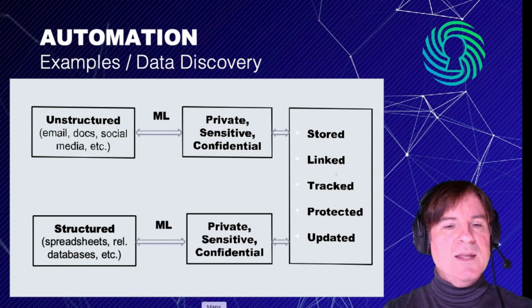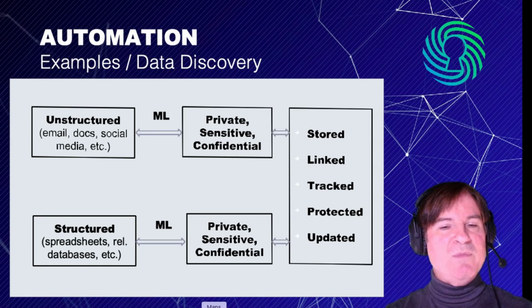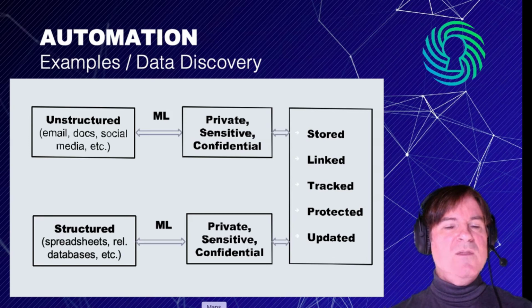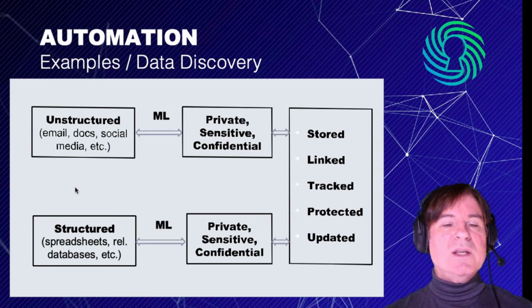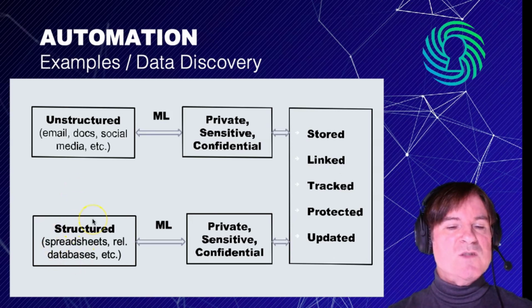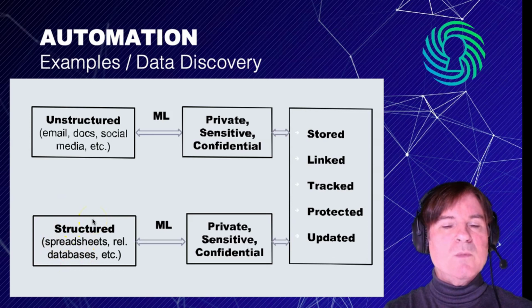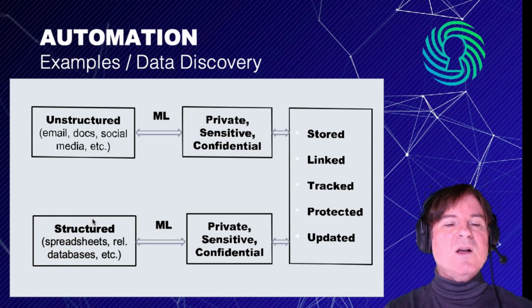Before we leave this topic, I thought a visual would help tremendously with understanding how this works. This is my own rendition of a conceptual basis for understanding what's going on. These data discovery tools that are offered by various companies essentially will crawl your system for structured and unstructured data. In unstructured, it's able to go through emails, like the body of an email, or inside a document or a social media post, or maybe on a Slack site, and identify private, sensitive, and confidential information automatically using machine learning. It can do this with structured data as well, whether it's in spreadsheets or relational databases or perhaps semi-structured data like XML or HTML.